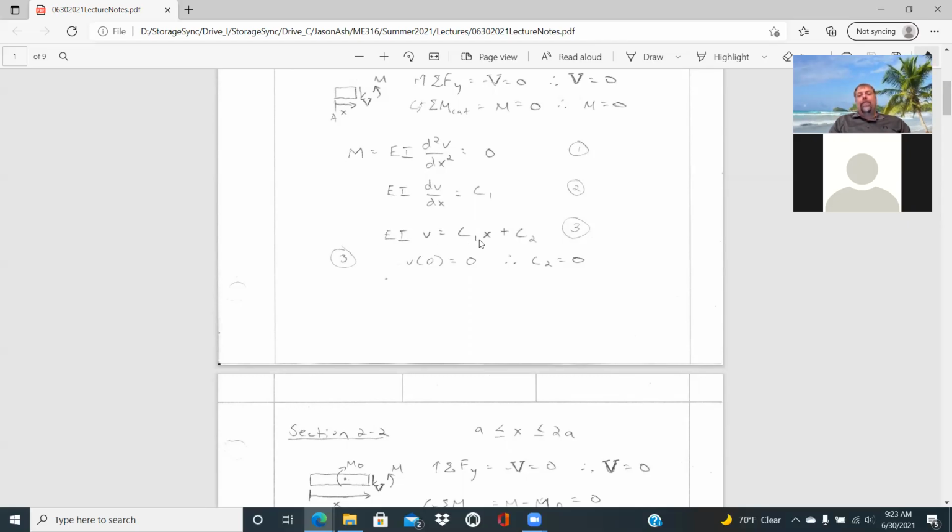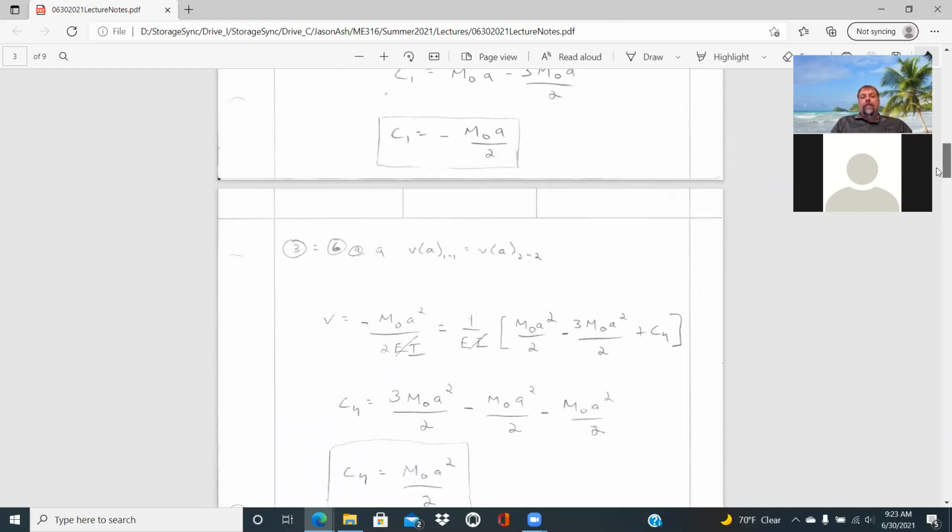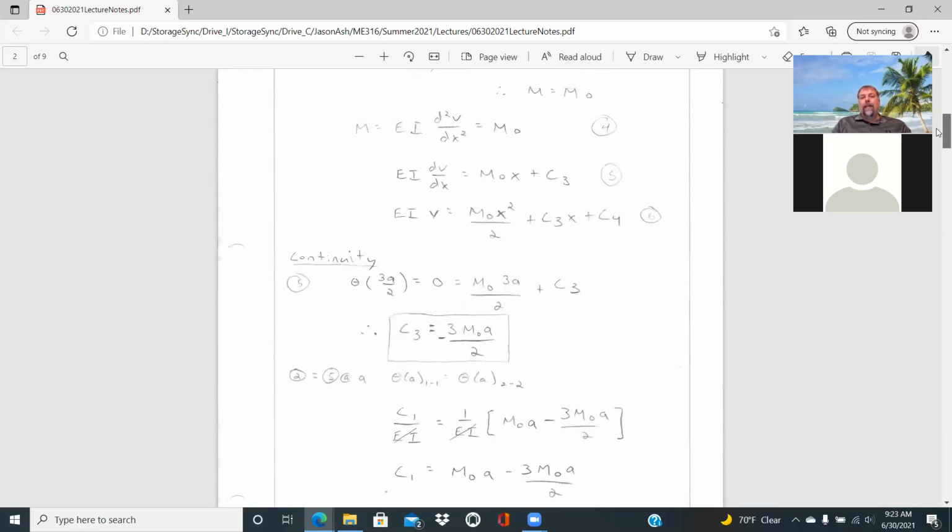And we're solving for that displacement and plugging in our C1 constant and x value equal to a in that term. And so that ends up being a minus M0 A squared over 2 EI when you make that substitution in. And then for equation 6, that's going to be 1 over EI times M0 A squared over 2 minus 3 M0 A squared over 2 plus C4. And that again is just